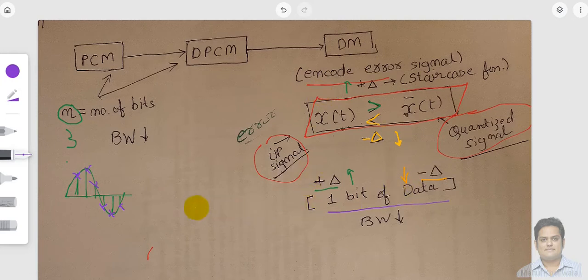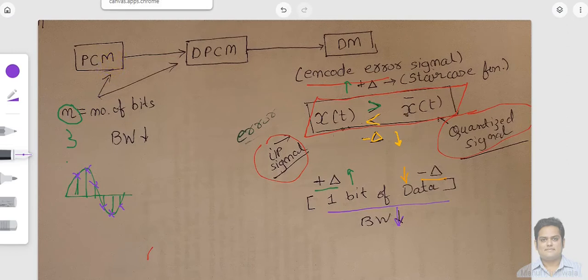By this, at each and every sample we are just going to represent 1 bit of data. Hence we are trying to reduce the bandwidth criteria. So if you can understand this, our goal has been achieved to reduce the bandwidth with the help of this particular DM technique, or delta modulation technique. So this is the basic of delta modulation.